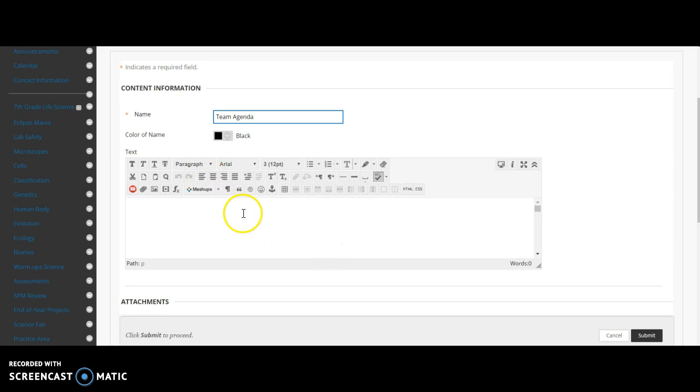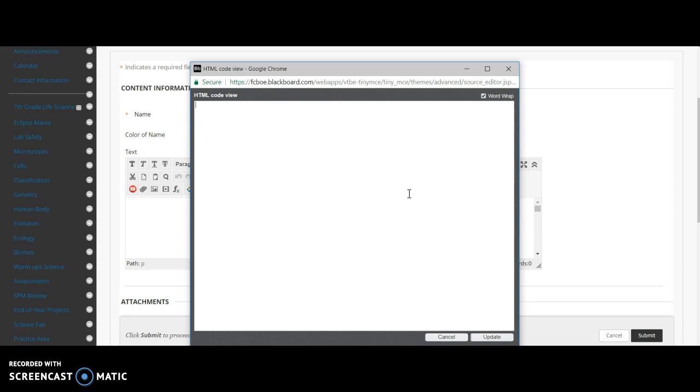In Blackboard, inside the text box, I have all kinds of options for things I can add. I want to choose to add HTML code. When the HTML code view window pops up, I'm going to use another keyboard shortcut, Control-V, to paste in all of the HTML code for that particular item. Once I click Update,